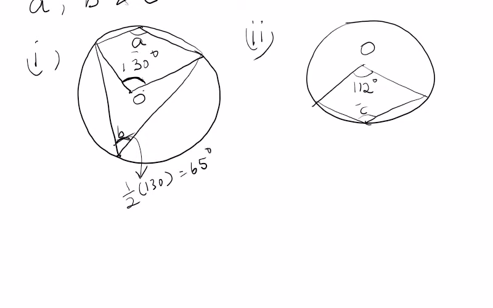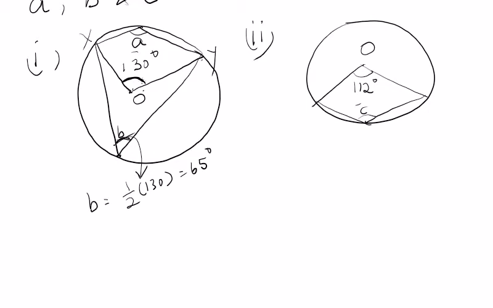The reason is the same theorem, only thing is this is the reflex angle. So this reflex angle is an angle made by this arc. Okay, if you name it as say xy, this angle is made by the arc xy at O. So the angle made by the same arc in the remaining part of the circle is this. Therefore B is half of this angle, that is 65. So we got B. Now this one is a cyclic quadrilateral.